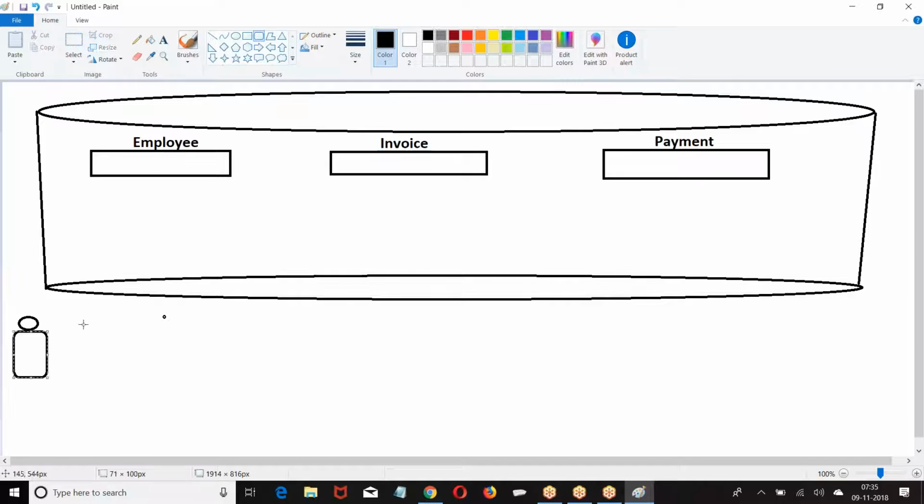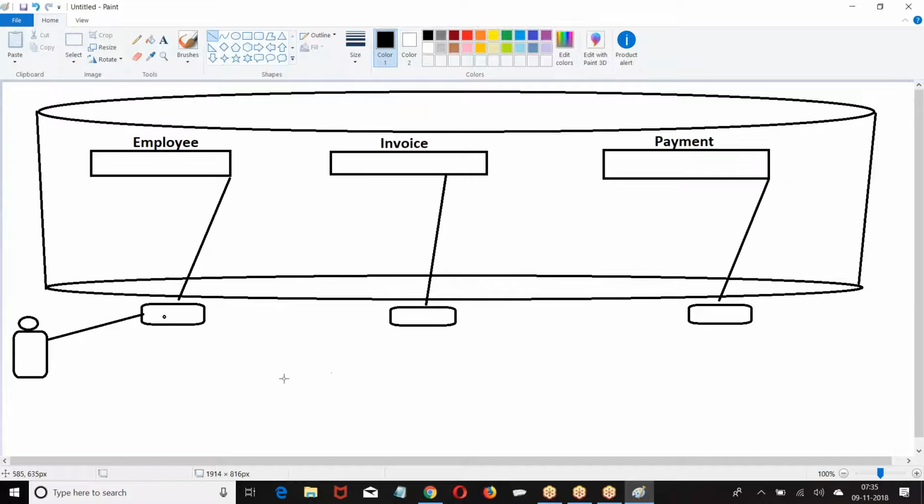Here we are going to have a tab for every object. When the user clicks on the tab, the corresponding object will open.